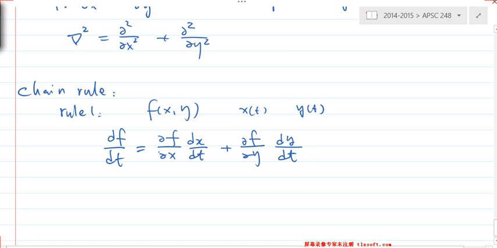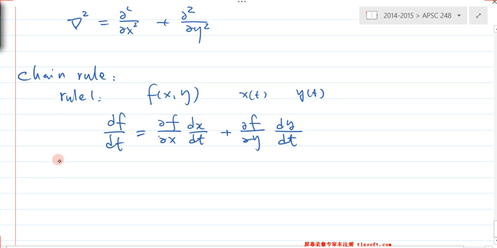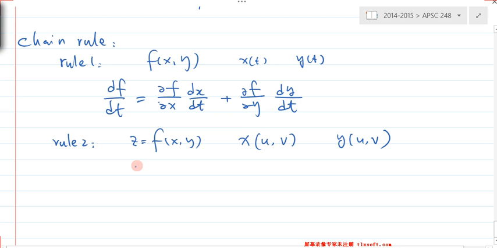Okay, dy over dt. That's a simple chain rule. Let's say rule number 2. If we have a function of two variables, x and y, and now x is a function of two other variables, and y is also a function of two other variables. For example, maybe x equals u times v, or y equals u squared plus v, that kind of thing. Then, if you're looking for dz over du,